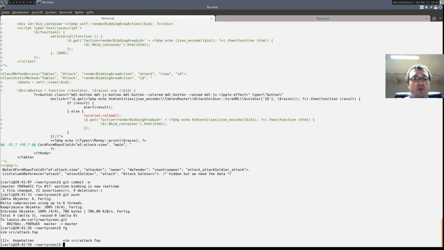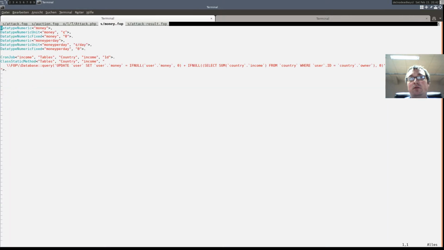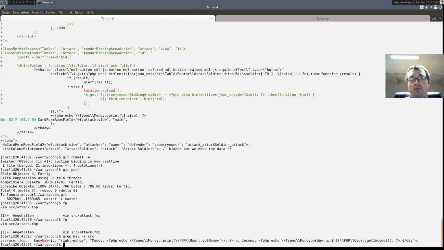So at first, source money. We have our income clone, our cron job, which adds the income to the pocket money. But we also had the user's money in the headline. Where is it? Grab nav.